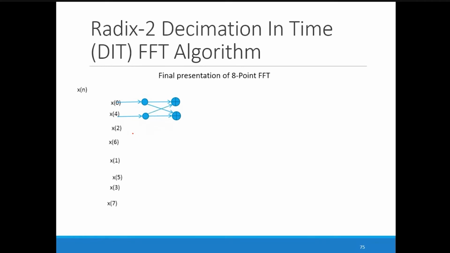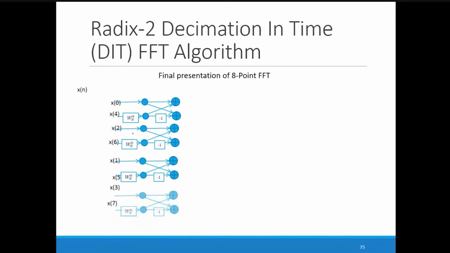First is multiplication simply with omega and 0. Second, we apply the negative sign. The same combination we apply for all of these. These are the four 2-point DFT stages. This one is the first DFT stage for this 2-point DFT. This is how we calculate. This is the second, this is the third stage, and this is the fourth stage.